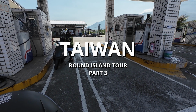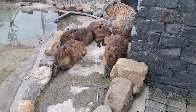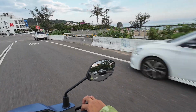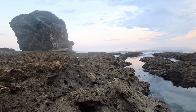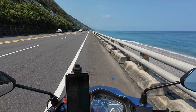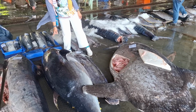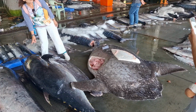So this is the third part of our series of island tour in Taiwan. So in part 2, we visited the Capybara Park where we have first-hand experience with the capybara, and then we went to Kenting, which is famous for its beach and the sunny lifestyle. And then we ride through the beautiful east coast of Taiwan through Taitung and the success town, Chengkong. We also have our experience with the local fish pottery market where they do live auctions of tuna and monster